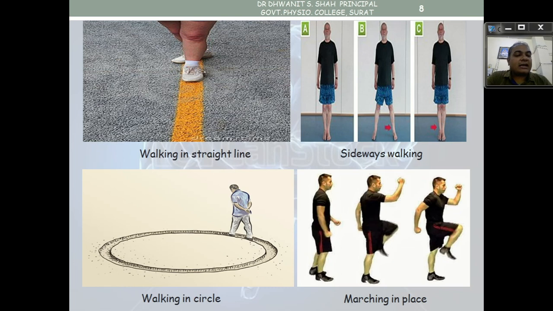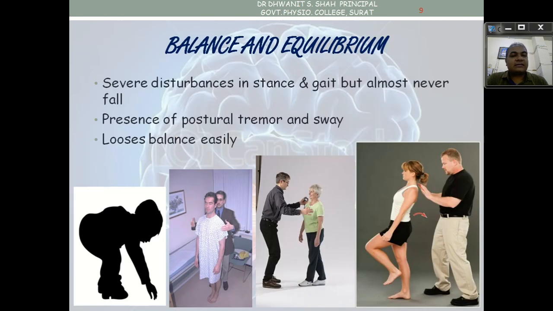The fourth test is marching in place. The patient is standing in a normal neutral position, and you tell them to march with cross hands. When the left leg goes up, the right hand comes up. When the right leg comes up, with hip and knee flexed at 90 degrees, the left hand comes up and the right hand goes back. So it is a cross-direction synergistic movement of the upper limb with the lower limb. This is marching in place associated with upper limb swinging movements. With this fourth test you can check for ataxic gait.